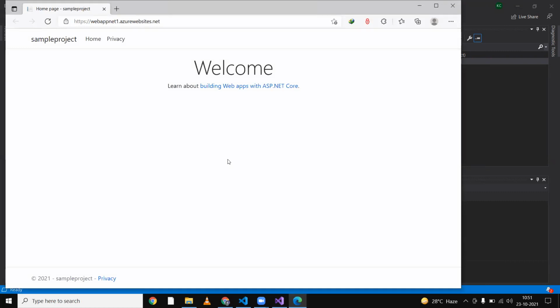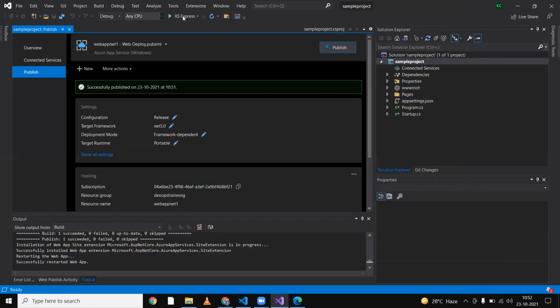See, the same output we are getting here also. That sample project welcome, and in home page sample project, that same window you are getting here also. The same window you got at the time of IIS in your local PC, and when I published in this Visual Studio, at that time also I got it.